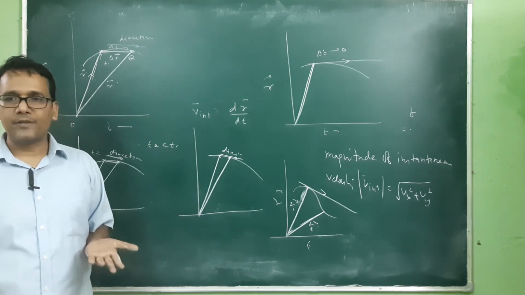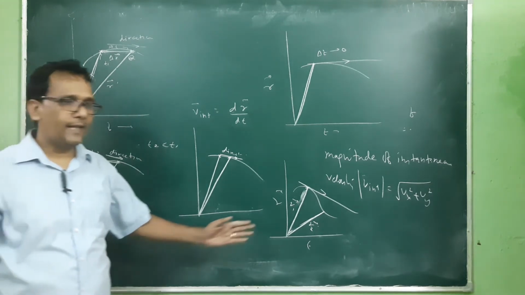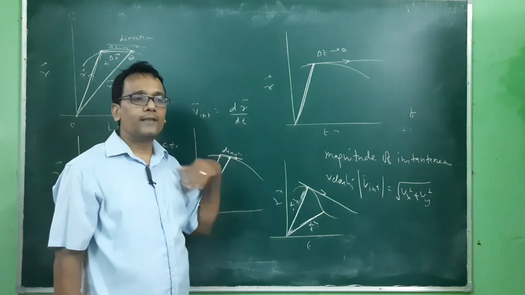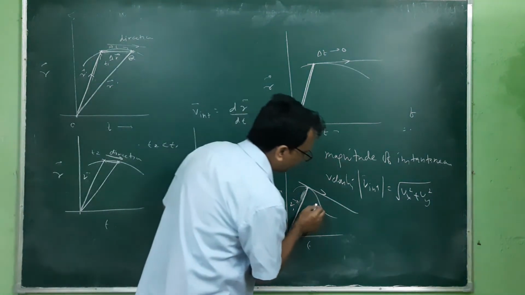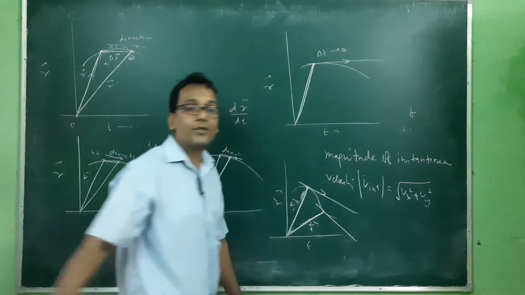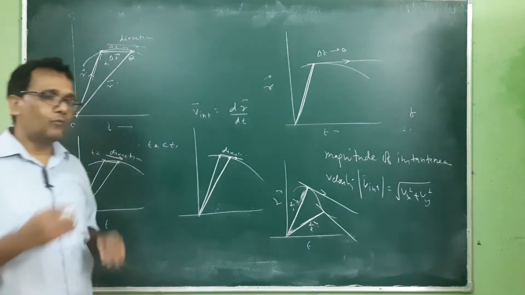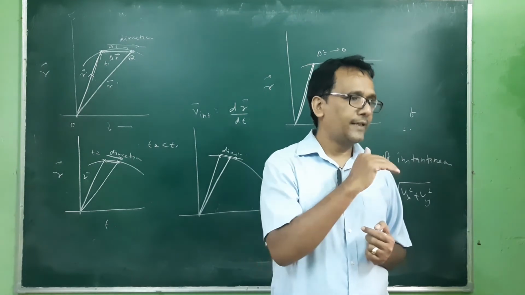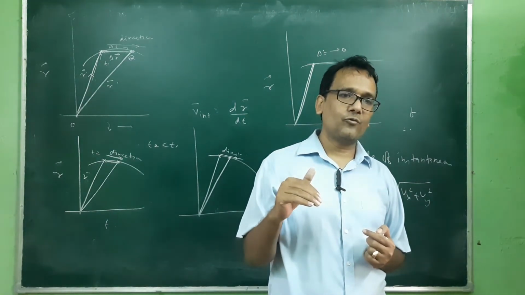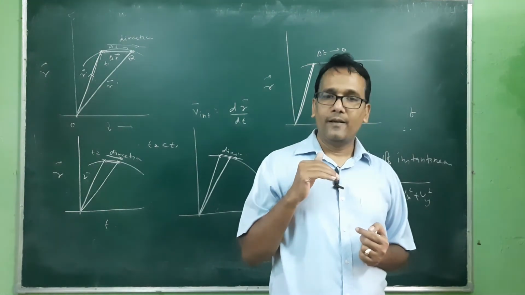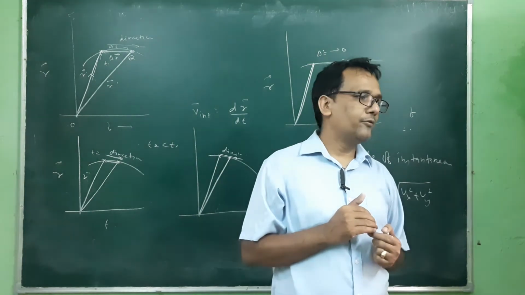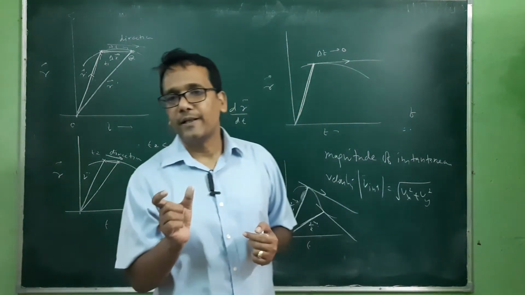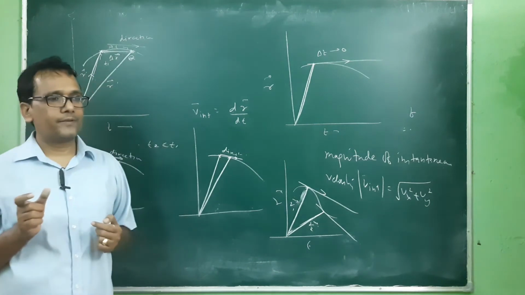किसी particular time पर instantaneous velocity मुझे calculate करनी है. I can calculate by using this. And then the direction will be tangent to this. So instantaneous velocity का जो डायरेक्शन होता है वो उस पर्टिकुलर पॉइंट पर टेंजेंट के द्वारा शो किया जाता है. एक लाइन खींचा जाता है टेंजेंटल डायरेक्शन पे, तो उसको शो करता है. लेकिन एवरेज वेलोसिटी का जो डायरेक्शन होता है, दैट इज द डायरेक्शन ऑफ दैट डिस्प्लेसमेंट वेक्टर.